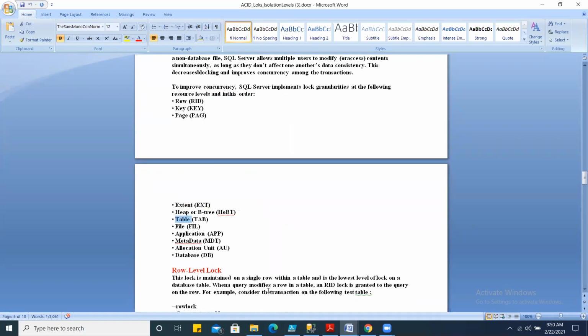Why is it important to understand this? SQL Server Lock Manager implements one technique known as lock escalation. The objective of lock escalation is to reduce the number of locks against a resource that a transaction wants.